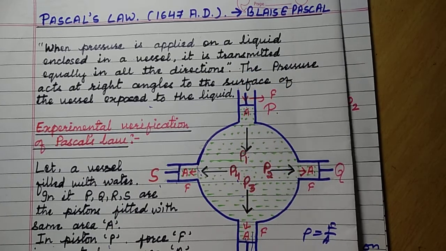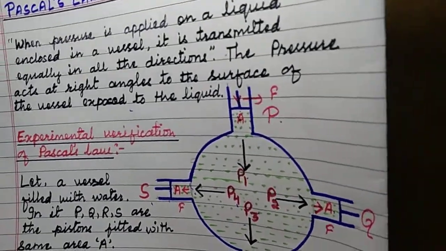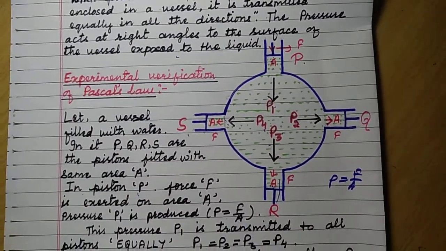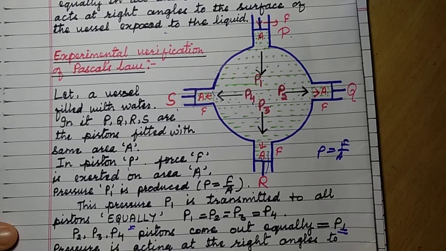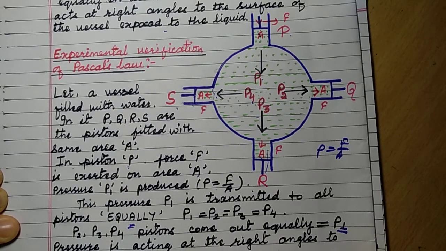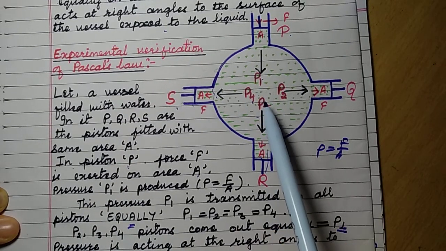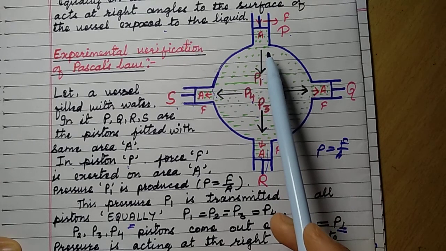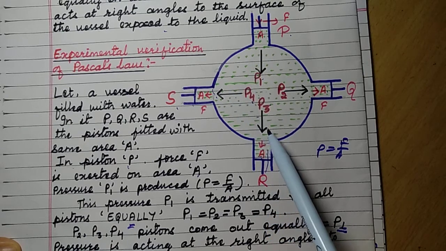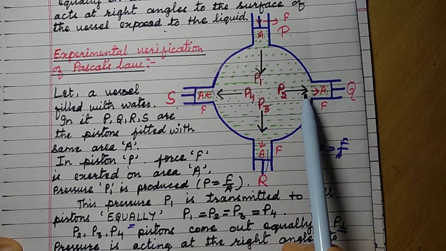So Pascal's law can be stated in this manner. Now, experimental verification of Pascal's law. How can you verify it experimentally? This is very simple. You should have a vessel filled with water or any liquid, and you have to apply pressure at one point. That pressure will be carried to all parts equally, and pressure will be acting at right angle to the surface